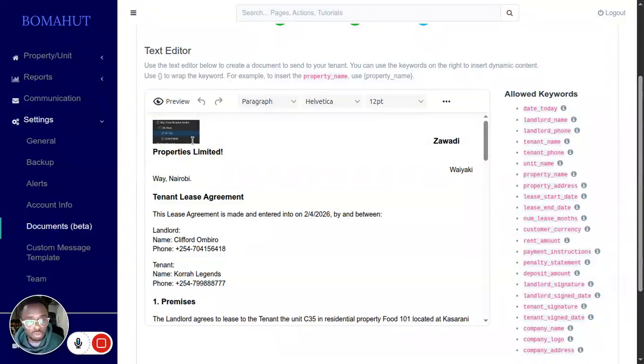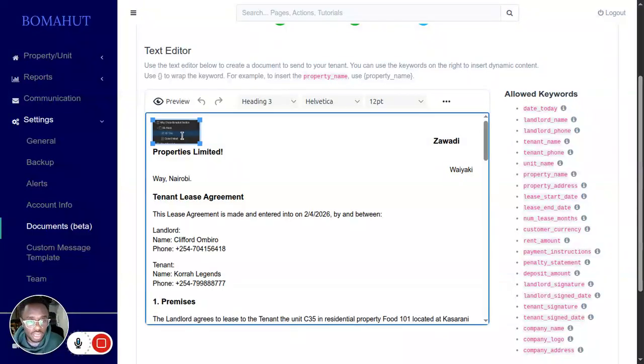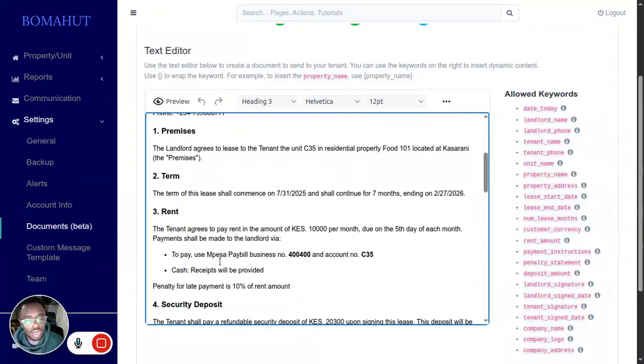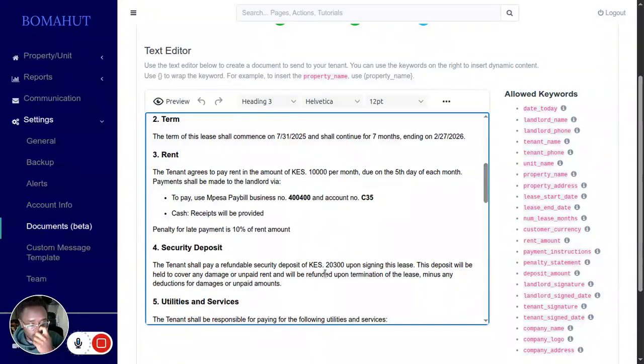This is just for example purposes. You can see this is the logo I have saved. As a careless developer, I have not created a proper logo, but of course, you can choose your property's logo, and you can see it has imported the landlord name. You can see it has imported the landlord phone number, the tenant phone number, other kinds of information such as the penalty statement, the pay bill that I've set in the property level, the account number,